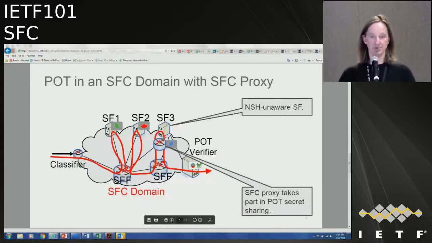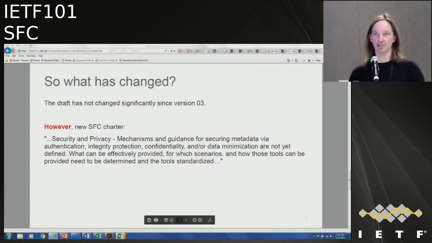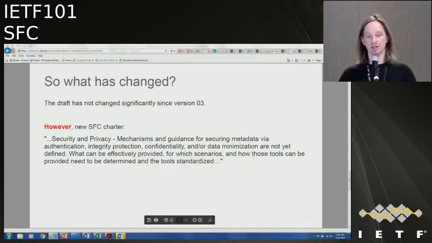Next slide. So what has changed? What has changed is the scope and the working group charter, so that the working group is now to also focus on privacy aspects and security aspects. And proof of transit is definitely one.